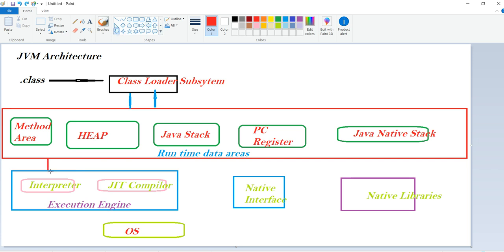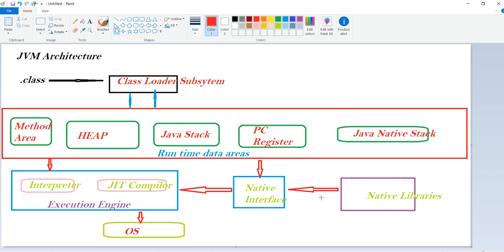Execution can go from here to here, or here to here, and likewise between the other components. Every place it works in two ways, either from here to there or there to here.